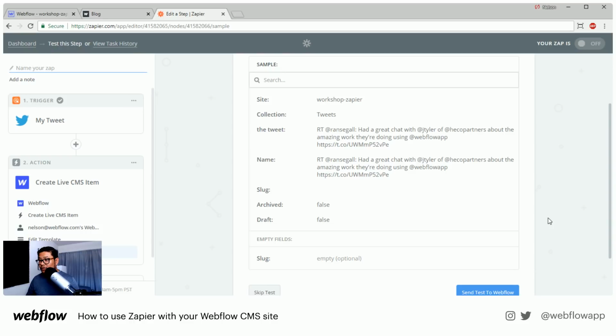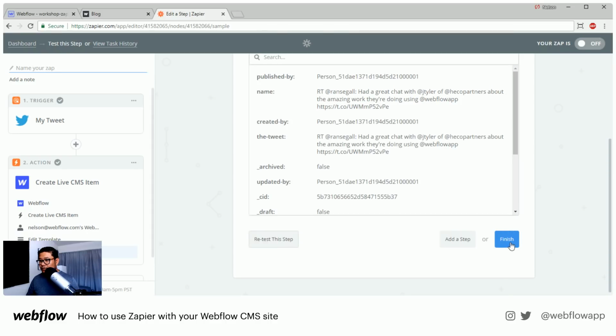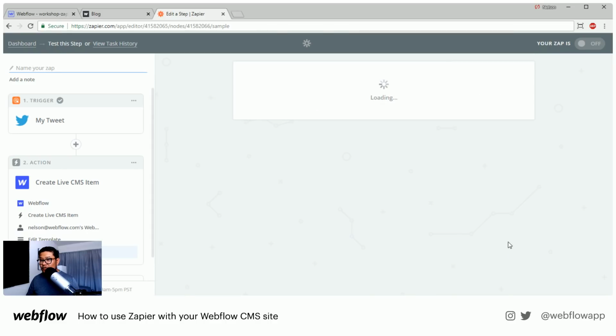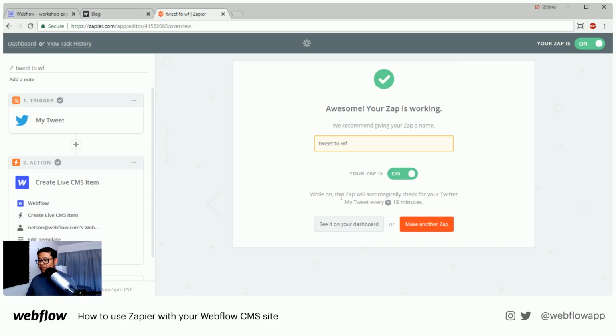Okay, so there's our sample. Send test to Webflow. All right, finish. Let's name this tweet to WF Webflow. Zap is on. So this Zap will automatically check your Twitter every 15 minutes. So every 15 minutes it'll look for a new tweet, and then once it finds a new one, it'll send it to your